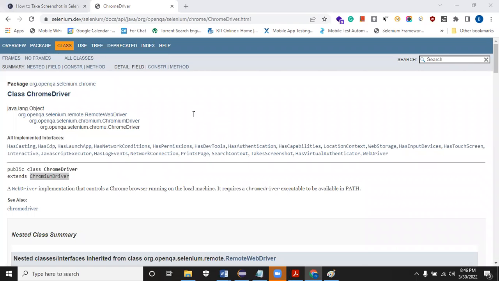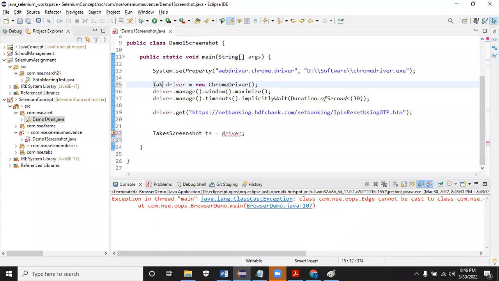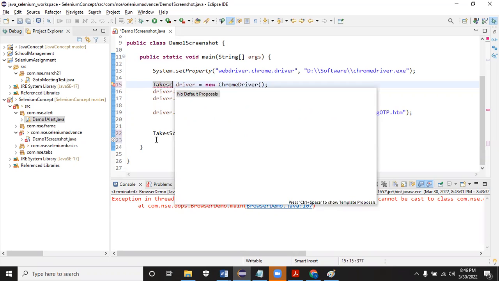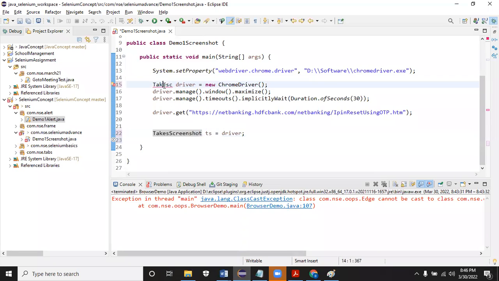Okay, I can do this. I can here itself do TakesScreenshot. The reason why we are not storing it in TakesScreenshot is that the major code lies on the WebDriver. No point in storing it in TakesScreenshot. You see, there is no error in line number 15. Major code lies with WebDriver. That's why we put it in the WebDriver. Remaining things we'll try to do casting.